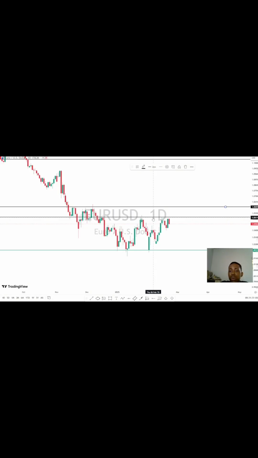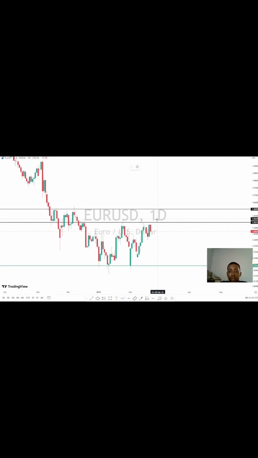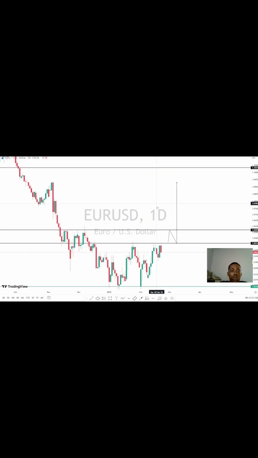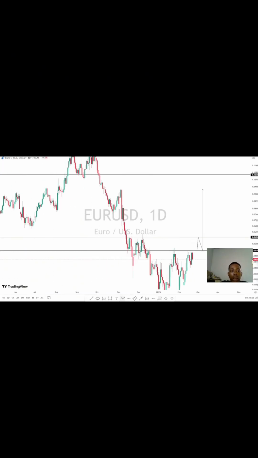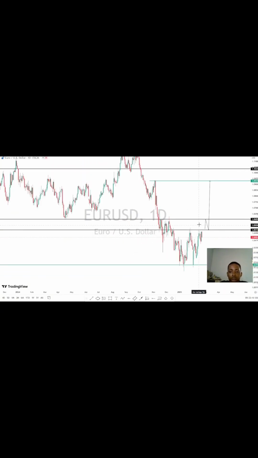looking 50 to the upside if we can at least break this level 1.05154, then definitely we might have something like this: a push, retest, and a continuation to this high, a continuation pattern to this high. This could only happen if we can break at least this level 1.05154. But I'm still having a doubt